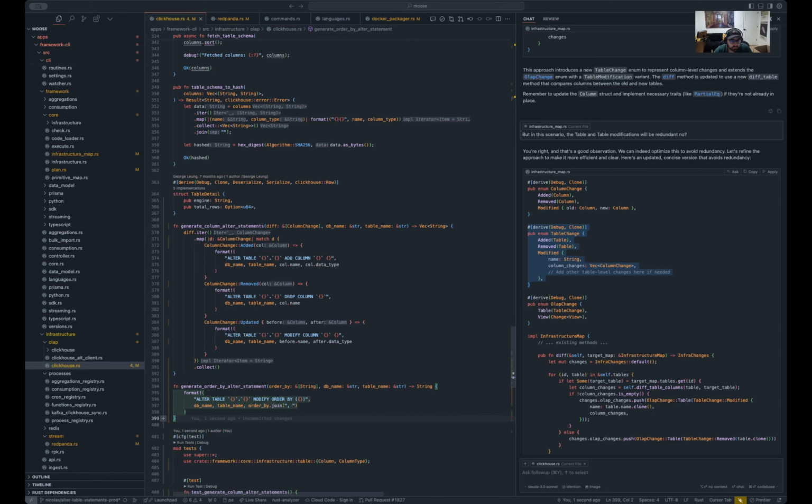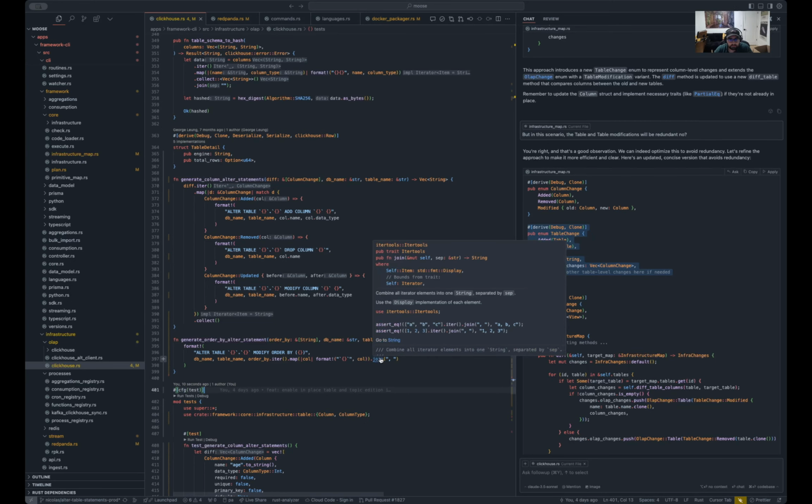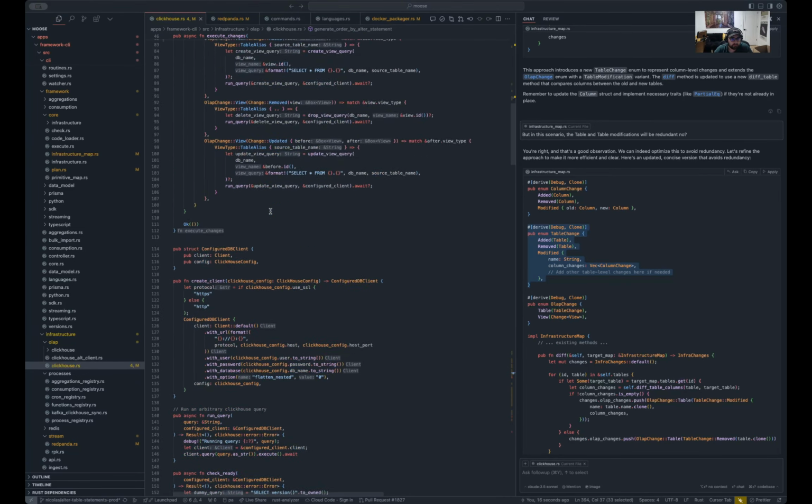Format, modify, order by, and then order by join. And then that needs to be also dot map dot iter dot map. Exactly. So that we escape all the columns properly. And that should be fine. Join. Yep. Okay, so now this needs to go in here